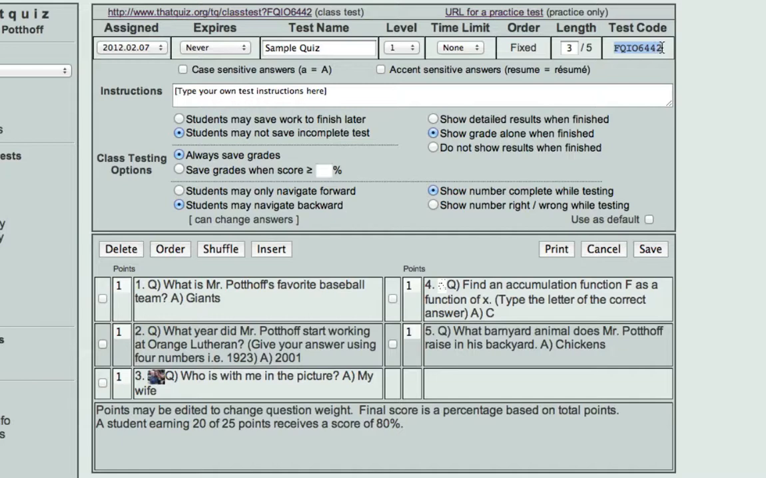Now here's the test code. With this test code, you can share it with other teachers so that they could import this same test into their test banks. You can change your case sensitive, accent sensitive. You can also type instructions here. Okay, and I'm just going to write you have 10 minutes to take the test. And so those instructions will show up before they take the test, and they have to click it before they